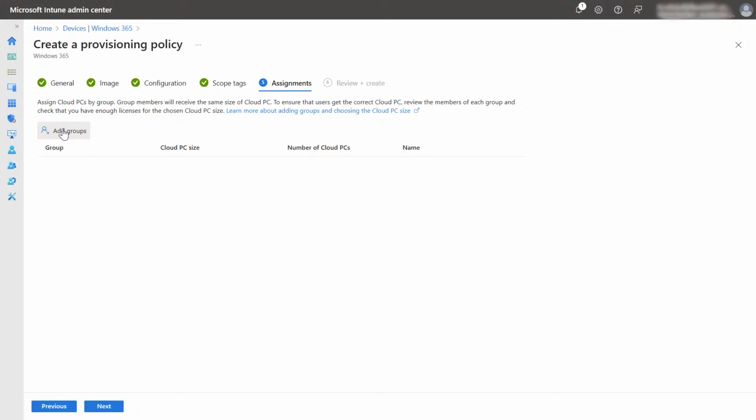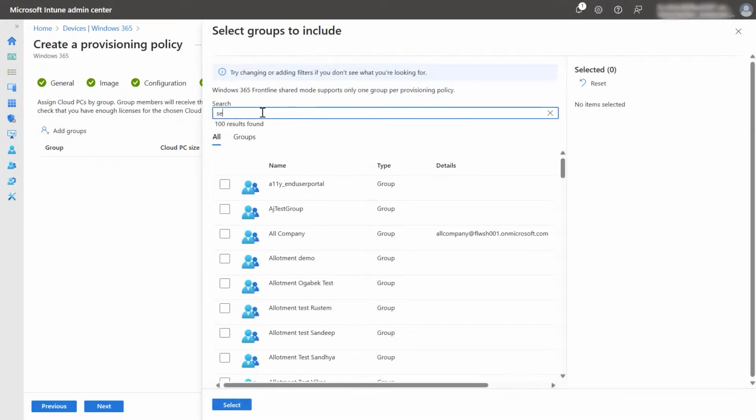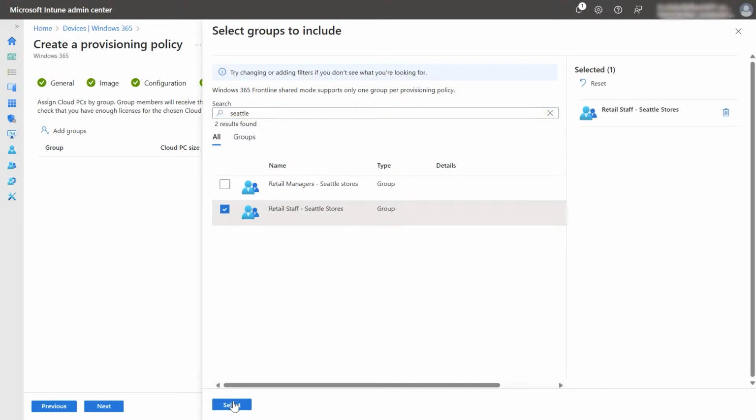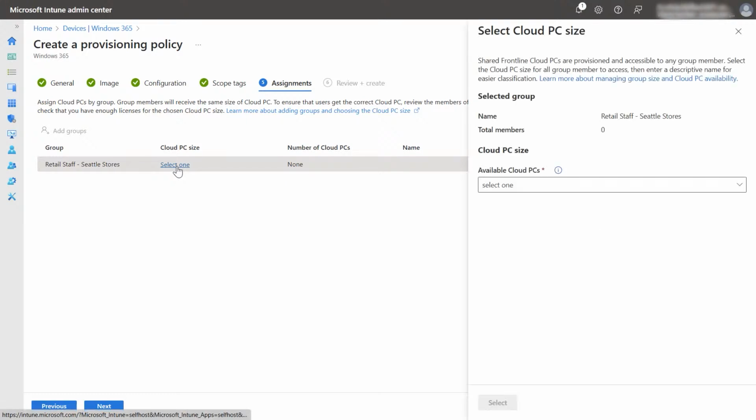And this is where I can choose the group of users that I want to enable for shared mode Cloud PC access. And so in this example here, I've already created a group of my Seattle retail staff. And this is essentially any of the staff that needs to be able to access an inventory check-in machine. Now, this is here the most interesting part of this experience, which is where you go to click and choose